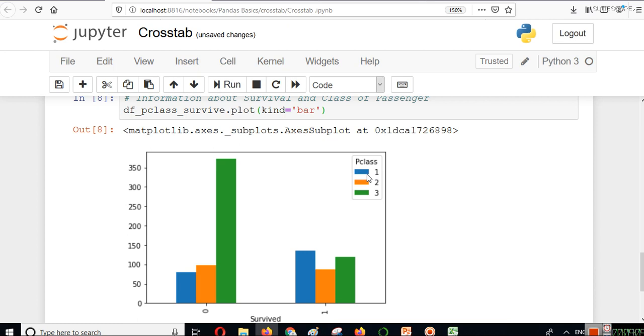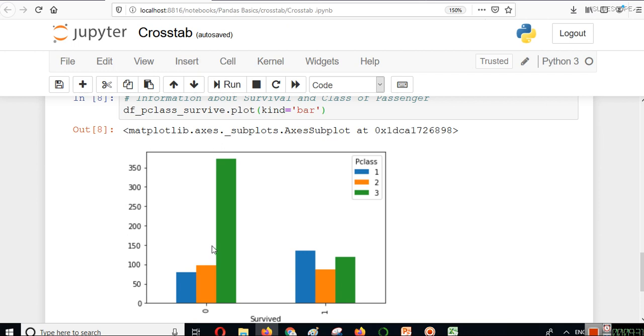You can see passenger class 1 is blue, 2 is orange, and 3 is green. These colors and everything are automatically created by pandas here. Here we have data about survival 1, that means survived, and here we have data about not survived.